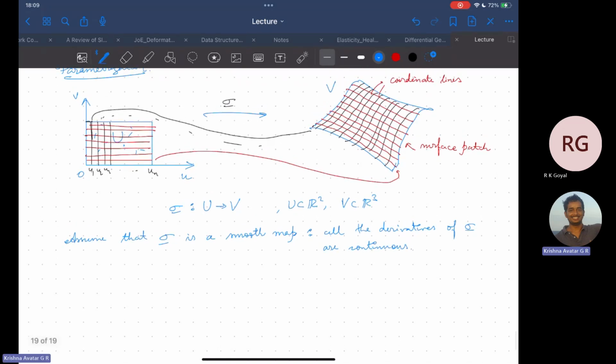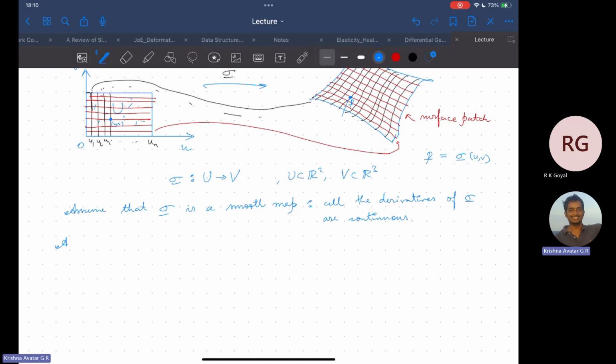So let's pick a point here. Let's call this point (u, v), and it's mapped here. Let's just call it 1, 2, 3. So this is the point P where it's being mapped, right? So the P vector is equal to sigma vector (u, v). Now at any point P,